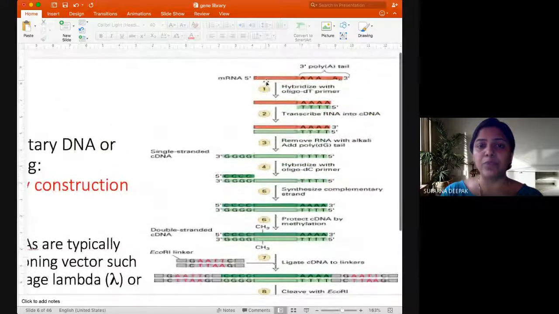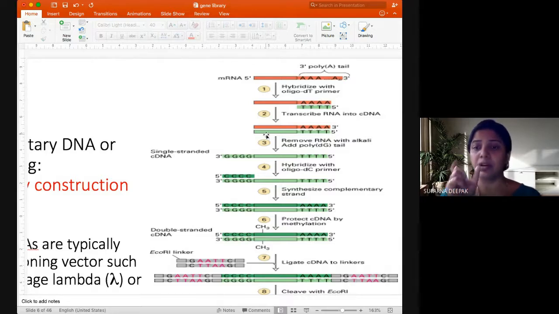Let me explain it to you. First, in this case, instead of isolating your DNA from the cells, you are going to isolate the mRNA. mRNAs have a poly A tail, it's a feature of your mRNA, right? That feature can be used for hybridization with the oligo dT primers, so you don't need to know the sequence of the mRNA. The poly dT primer will bind to every mRNA in the extract, and you will get a strand complementary to that particular mRNA.